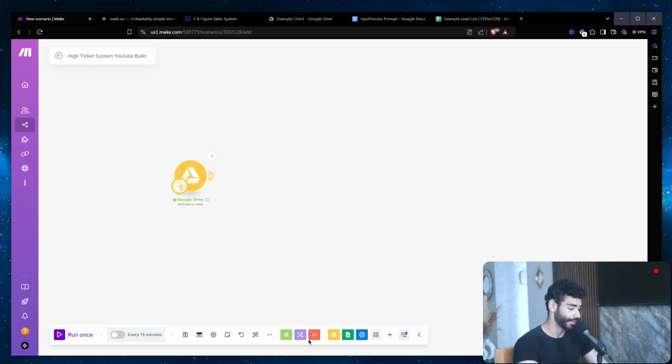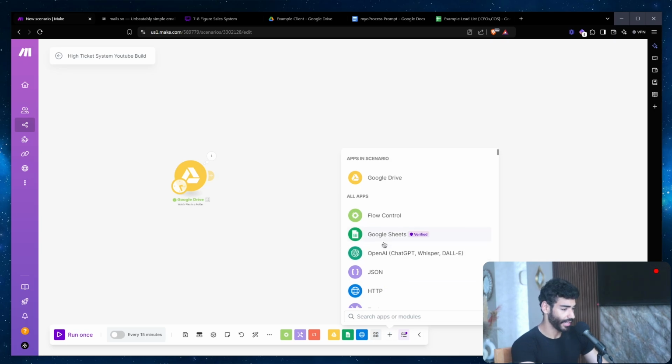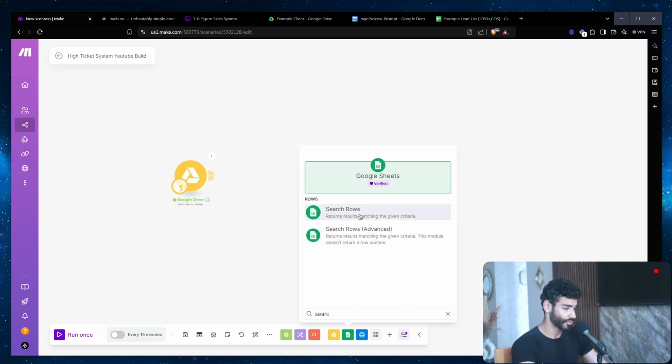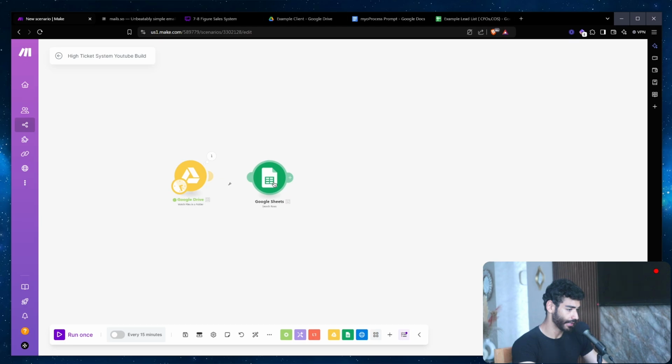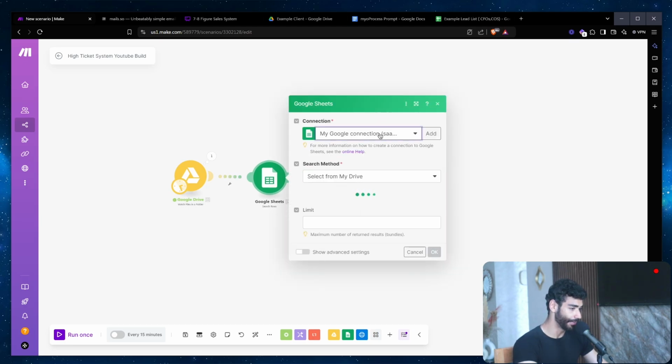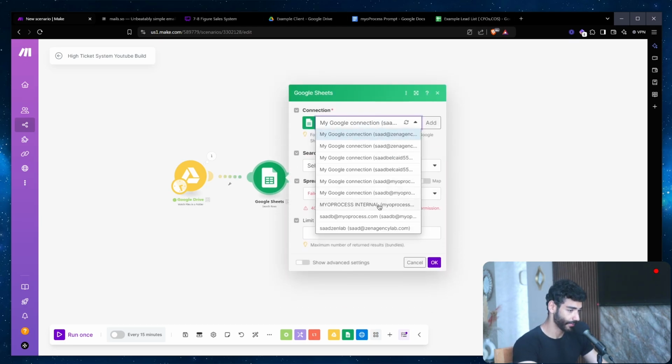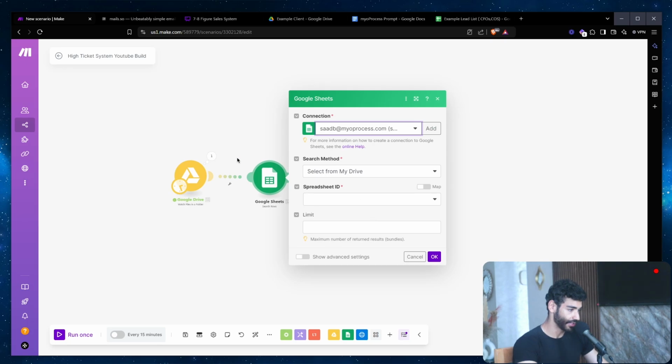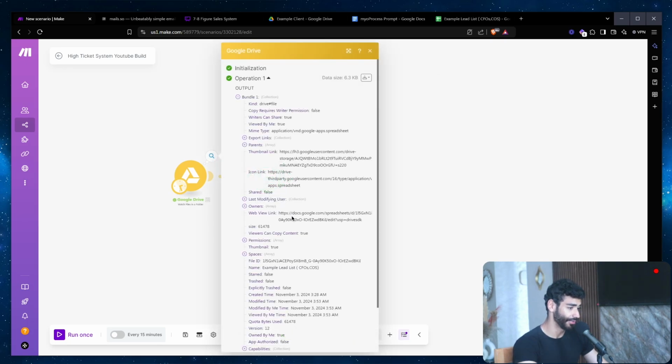And then the next step is going to be add in the next module, which is going to be Google Sheets. So in Google Sheets, we're gonna find a module called search rows. I'm gonna add this in here, update the connection, just like always. And then just for the purpose of this video, I'm just gonna hard code the file ID. The file ID is basically going to be